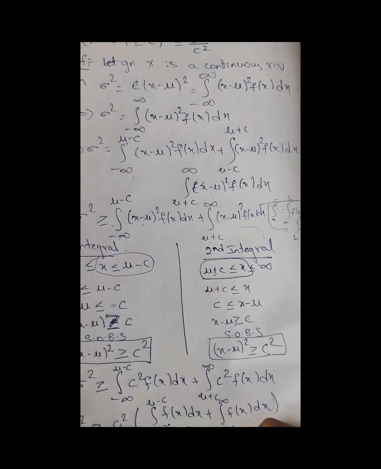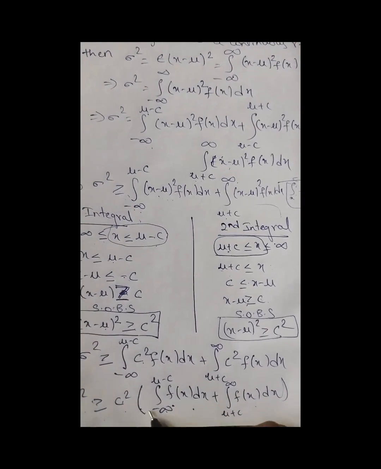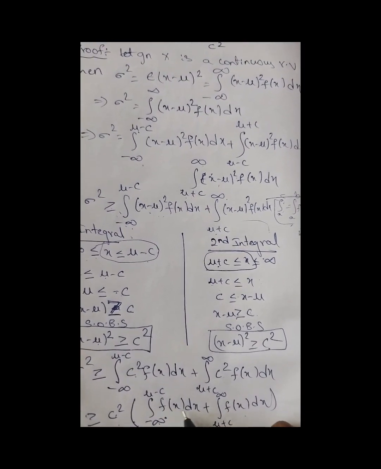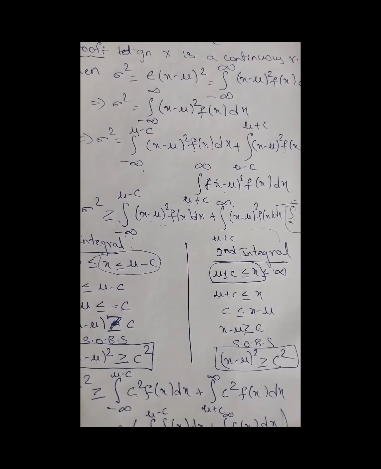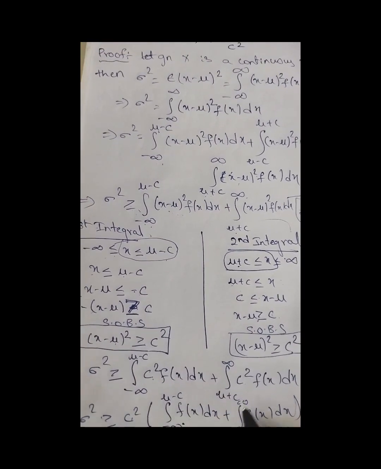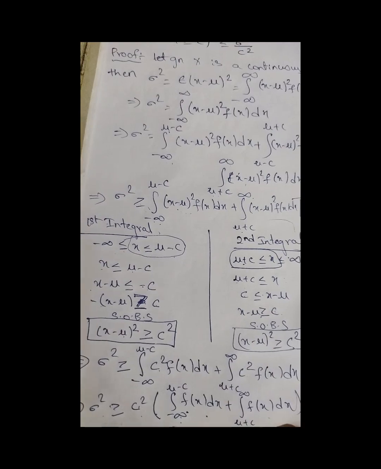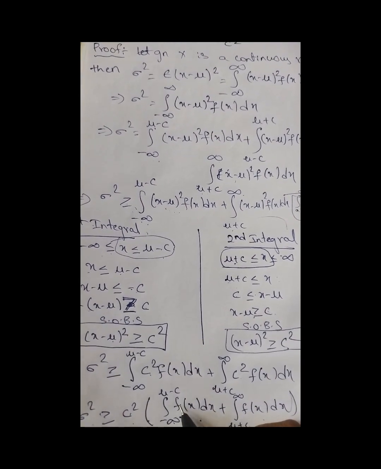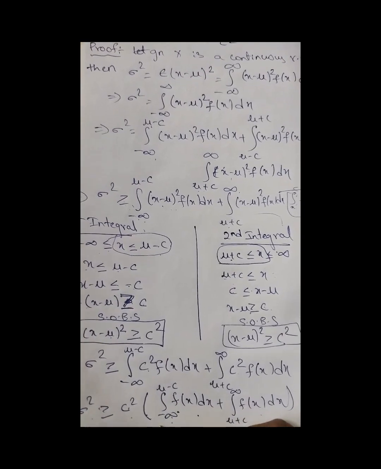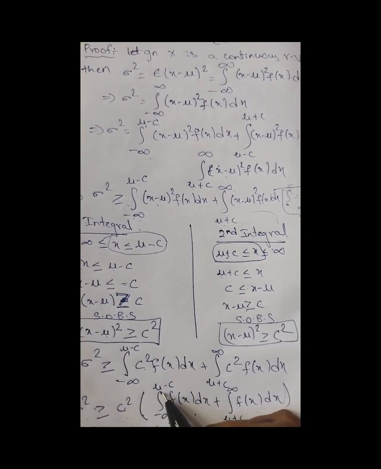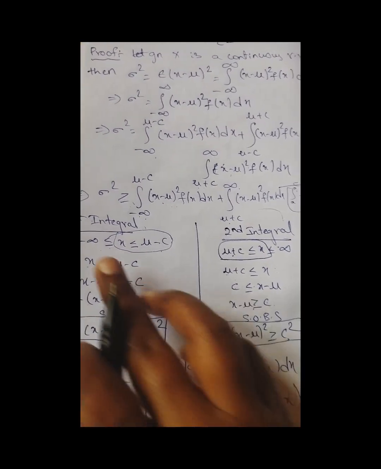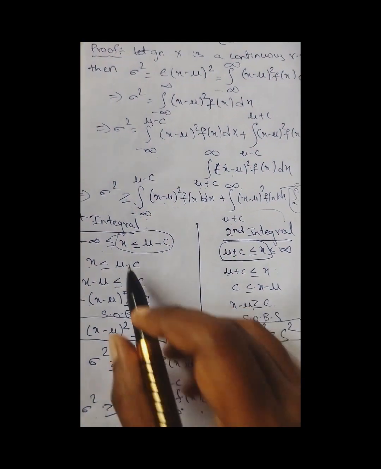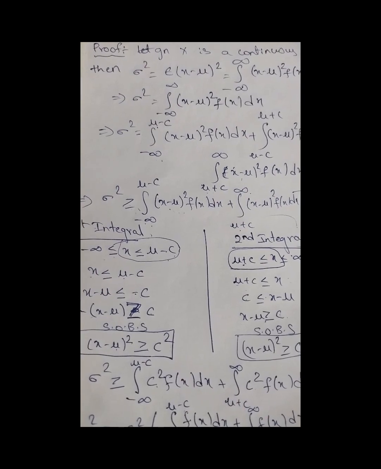Actually, if integral a to b f of x dx is there, you can express it in terms of probability like p of a less than or equal to x less than or equal to b. Same here also, p of minus infinity less than or equal to x less than or equal to mu minus c, but I don't want infinity. I just want to take only p of x less than or equal to mu minus c. Same like limits. So the same thing I am going to write here, x less than or equal to mu minus c, plus